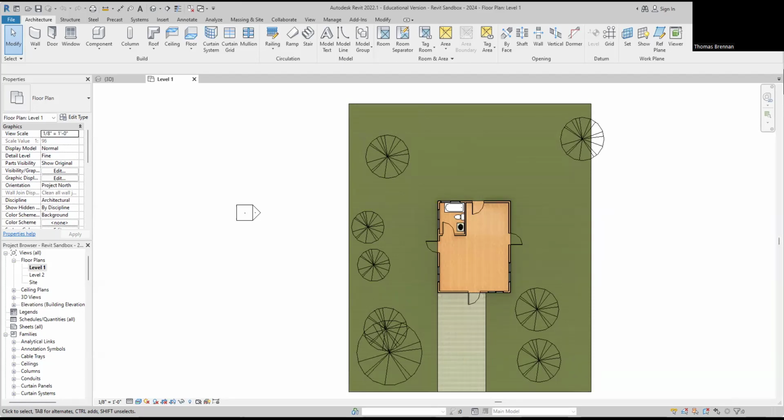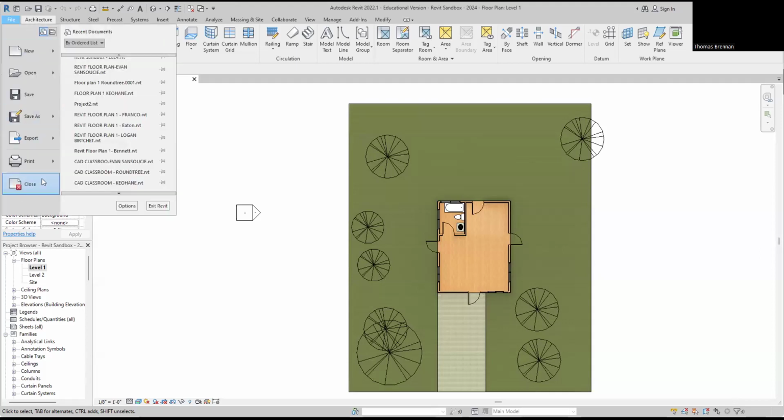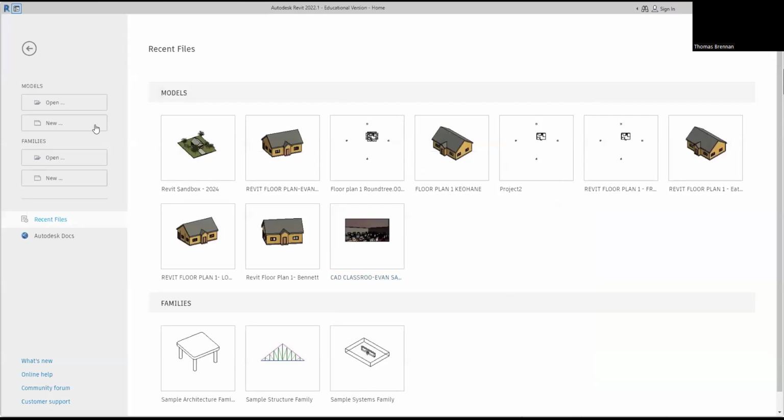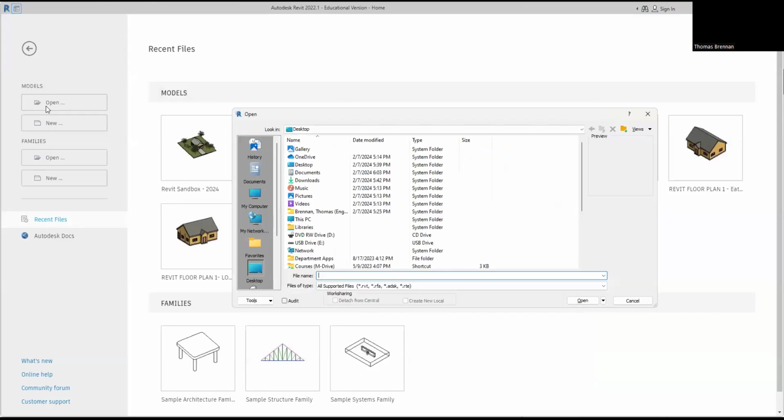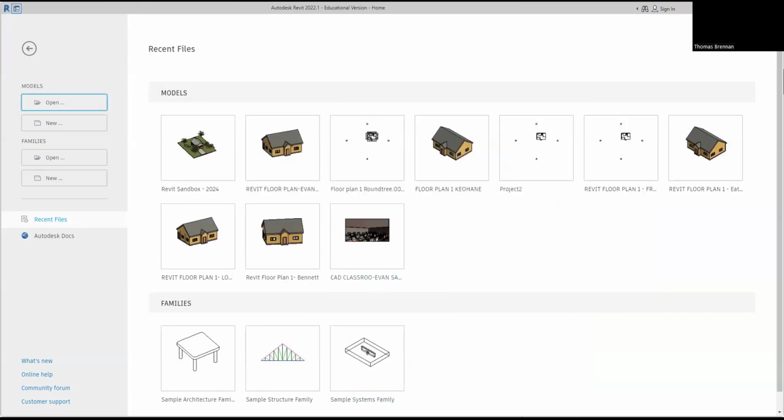All right, so now what we're gonna do is this. First of all, I'm gonna close out of this. I'm gonna go to File, and I'm gonna close, and I'm gonna go ahead and open up a project here. Now, the project you're gonna open, you're not gonna find it there. So let's go back out here to